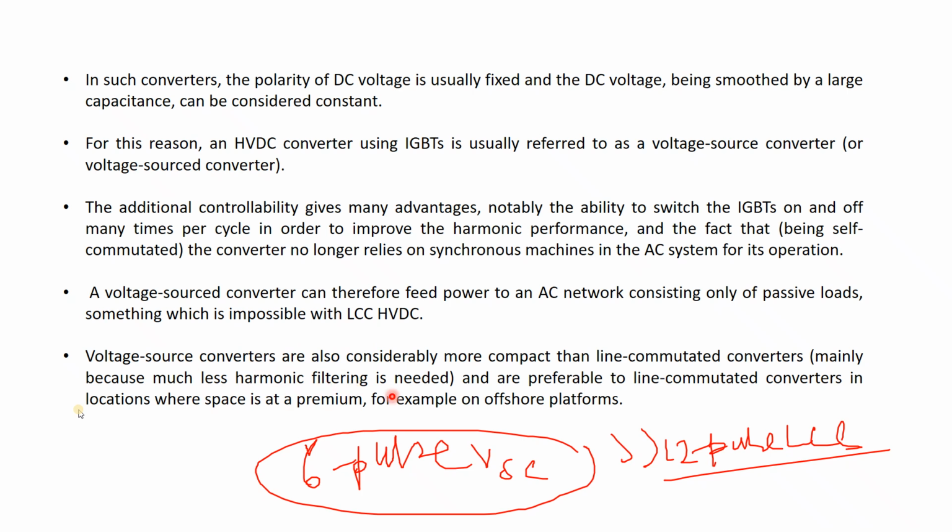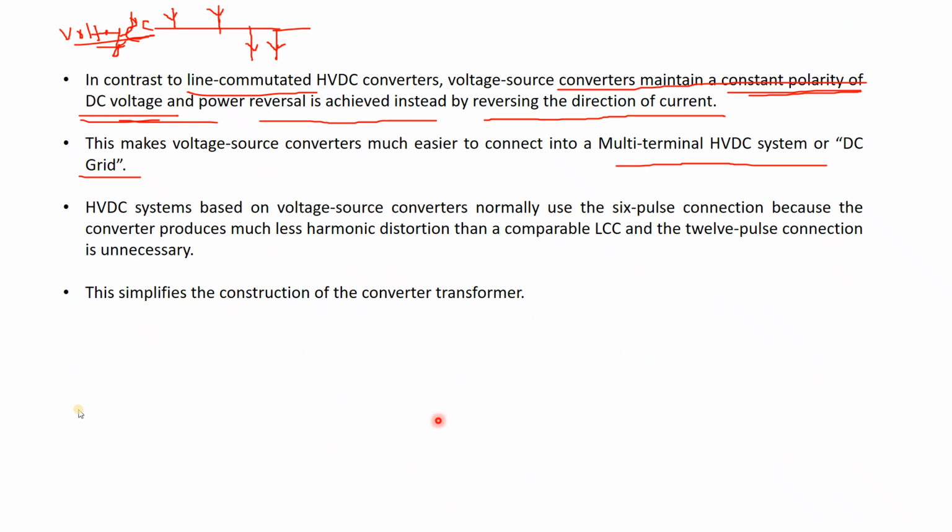Since it is more compact, it has the filtering ability inside it. Because there is less requirement of filtering, much less filtering is needed, so our effective cost is reduced. So in 12 pulse, filtering cost was huge, but in 6 pulse VSC, if the majority of the filtering is done by itself, then we don't require additional excessive filtering. So that is why it is much more advantageous. So 12 pulse is not at all required. 12 pulse VSC is very unnecessary, because 6 pulse can perform the total task of the full wave rectification without any harmonics.